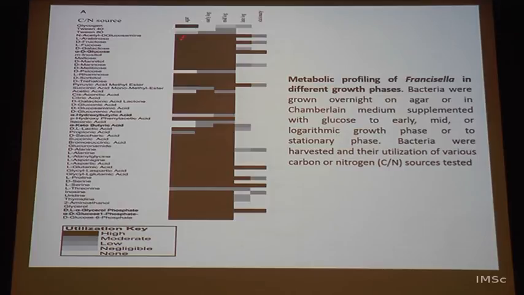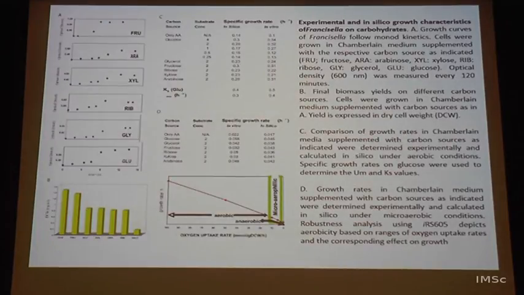So, each one is a point in the growth curve, basically to see what is the maximum amount of growth that is possible or not possible through that kind of a resource. And now, when they subjected it to flux balance analysis, these are growth curves again with fructose as a source, arabinose as a source, xylose as a source, and so on and so forth, and various validations that they look at.